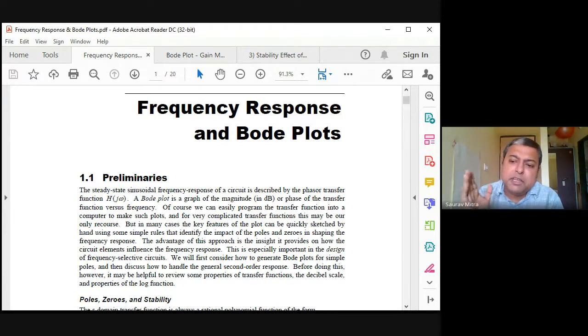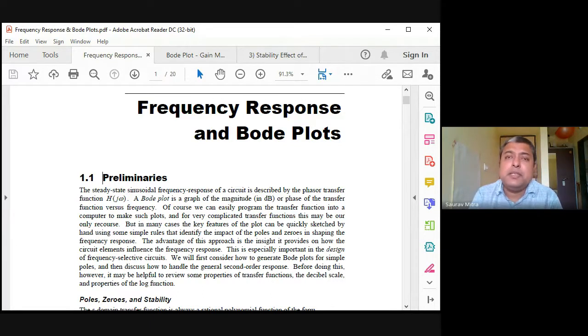Okay, and after 5 kilohertz, again you are finding that if you are increasing the frequency, the output is reducing. So this is kind of a characteristic: increasing, then plateau, and then decreasing. These are the kind of frequency response characteristics we find. The Bode plot will not be exactly like that.